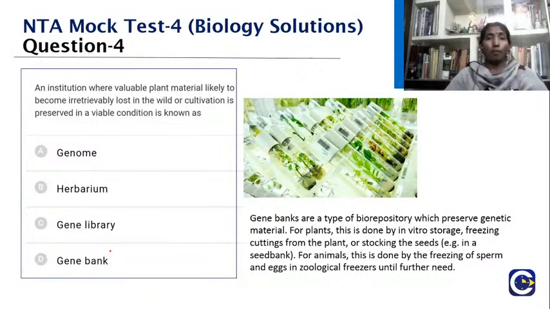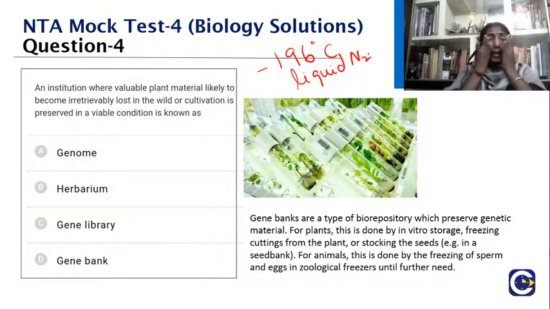These are a type of repository where the genetic material can be stored. Like in humans, and even in many endangered species, we can keep this in in vitro storage, freezing, cuttings from the plant, stockings, the seeds like in a seed bank. Even for animals, the freezing of sperms and eggs in zoological freezers, they are kept until further need. So these gene banks preserve plant genetic material at minus 196 degrees centigrade in liquid nitrogen,